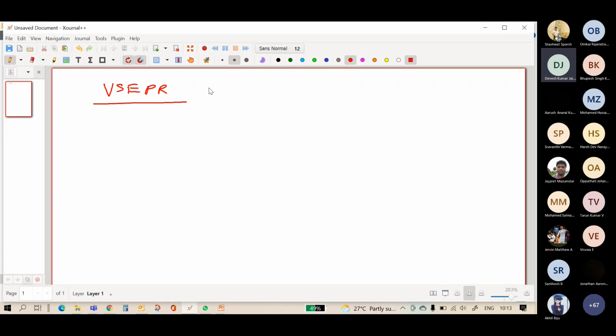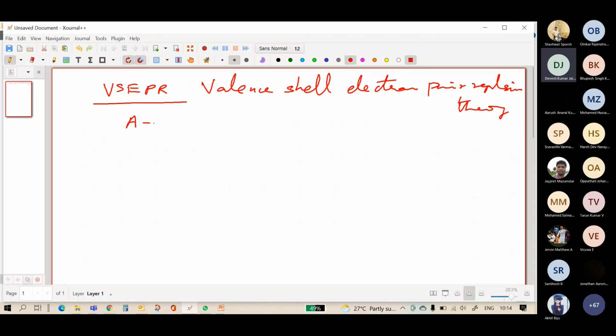It's valence shell electron pair repulsion theory, right? Let me write it. Valence shell electron pair repulsion theory. Okay, so what this theory talks about is that we know, you take any covalent